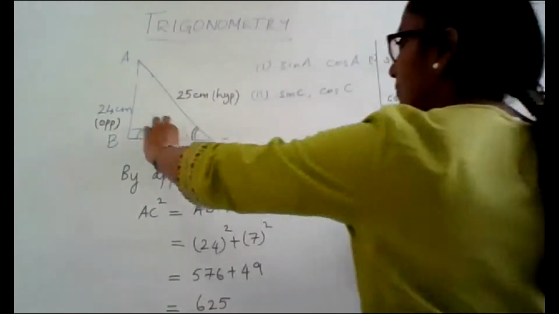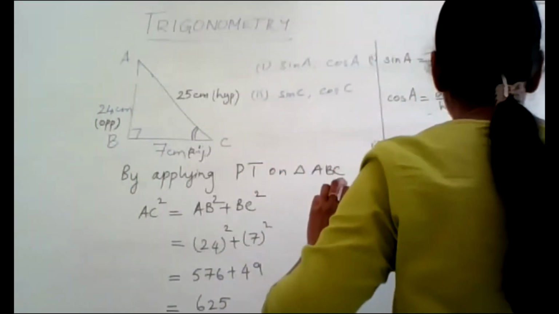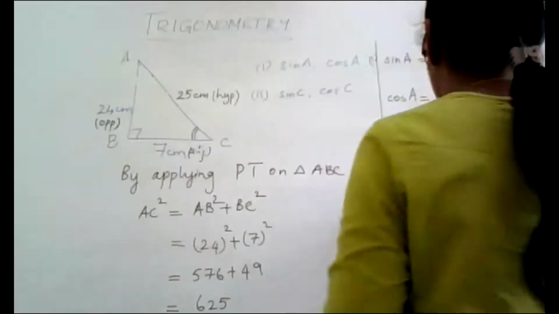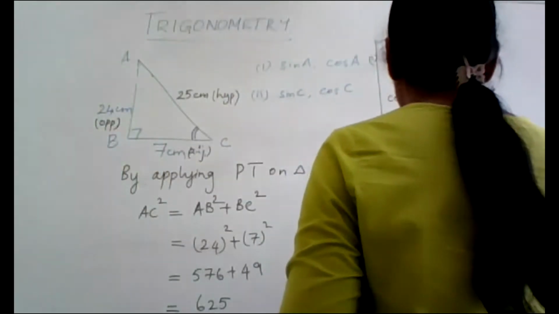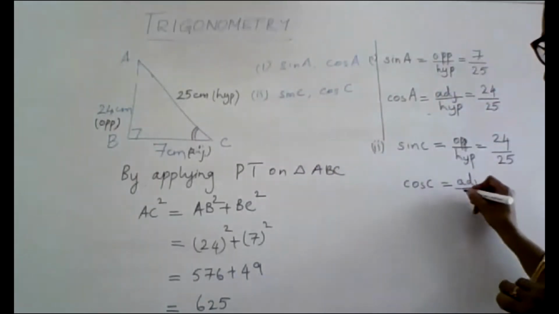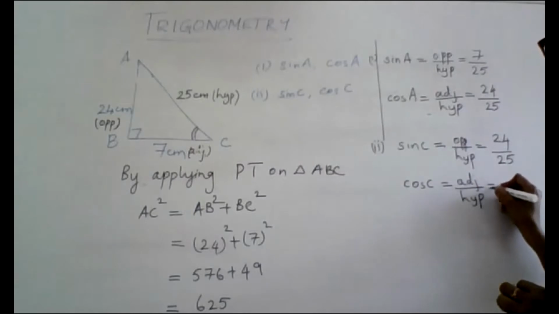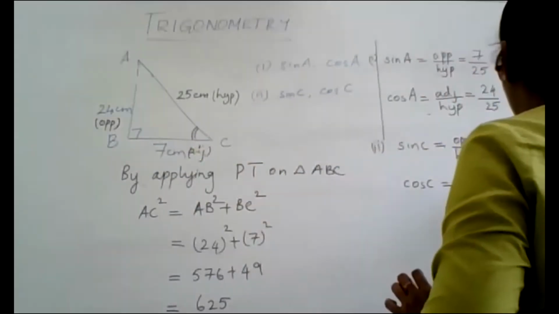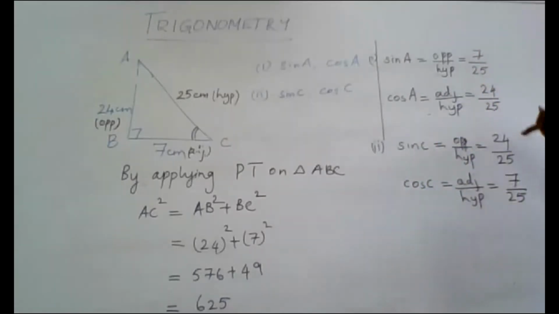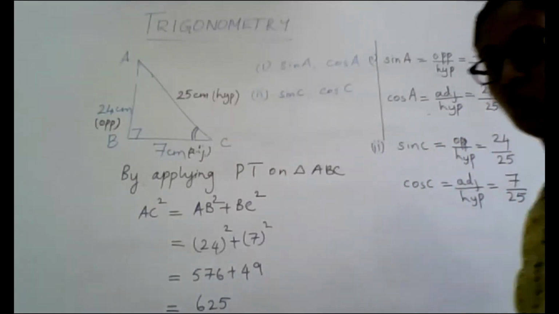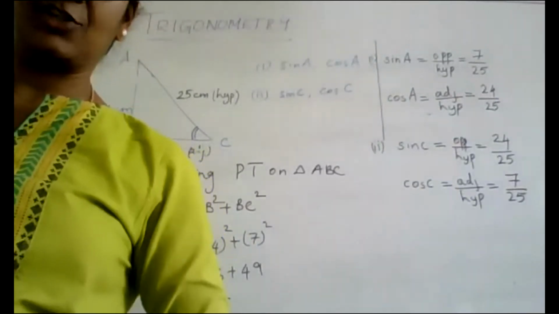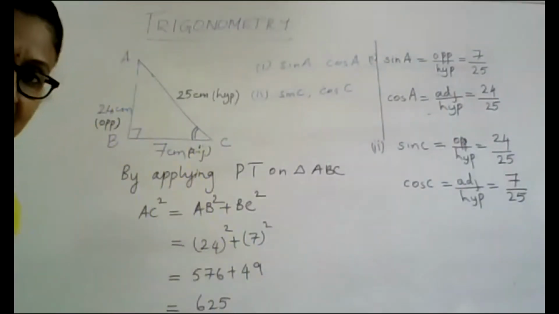So now my opposite is 24 and the hypotenuse does not change because the right angle doesn't change at all. So it is 25. Then cos of angle C, we have defined the cos of any angle as adjacent by hypotenuse. So which is the adjacent now? 7. And the hypotenuse remains 25. So did you see all the 4 ratios I could recall? Only because I know how to recall my trigonometric ratios. Is that clear?